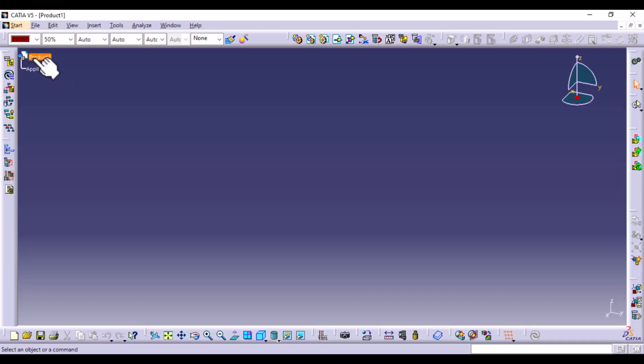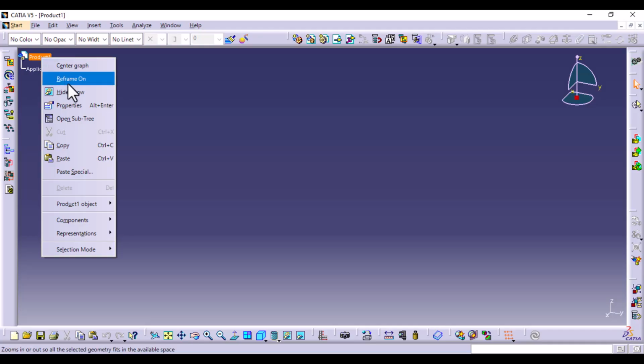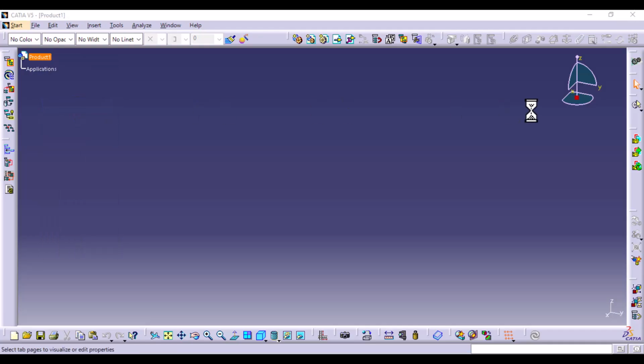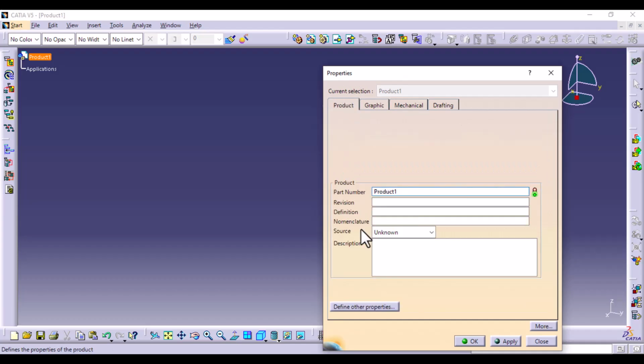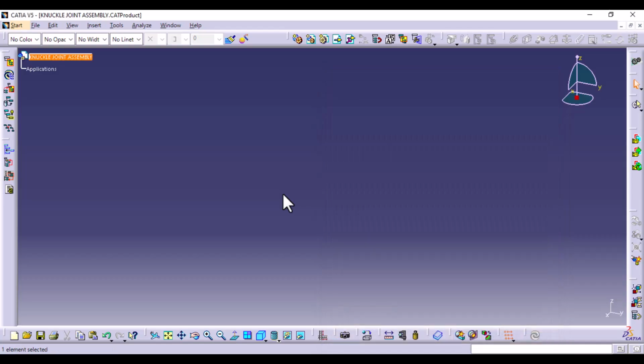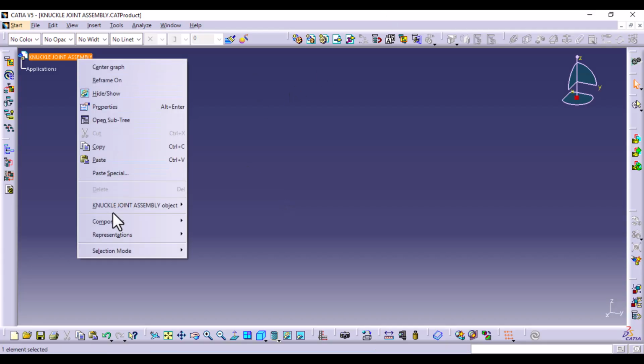You can name it. Not reframe, but properties. And we'll call this the knuckle joint assembly. Okay, you can choose to save it, but first I'm going to bring in the components,